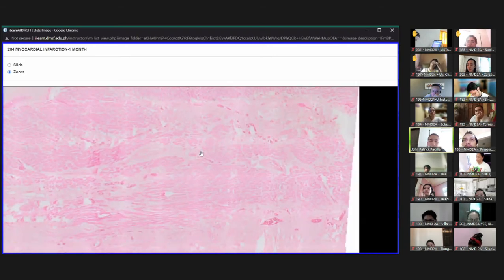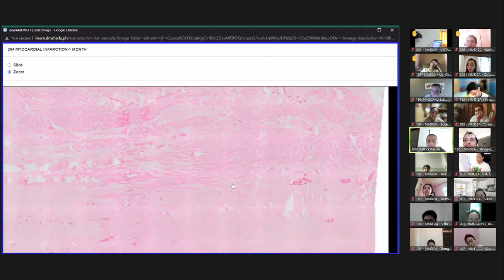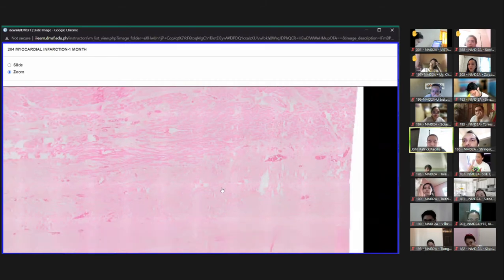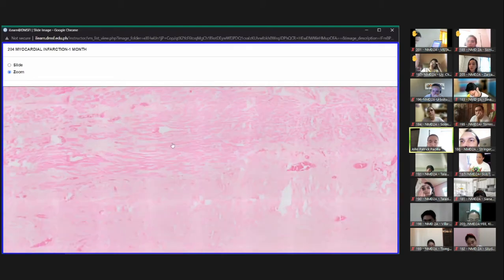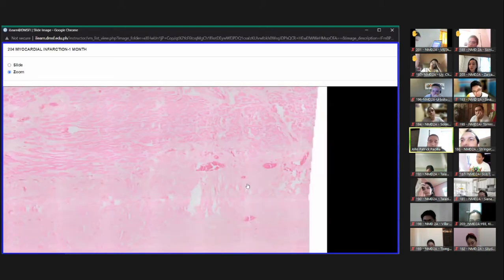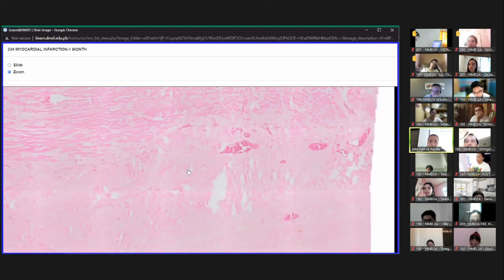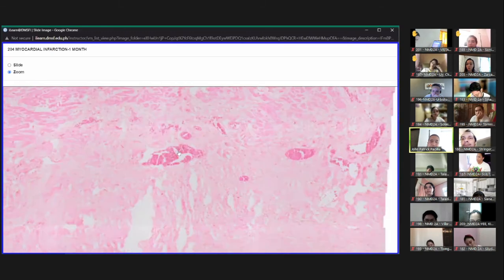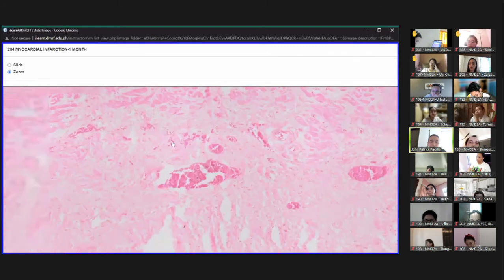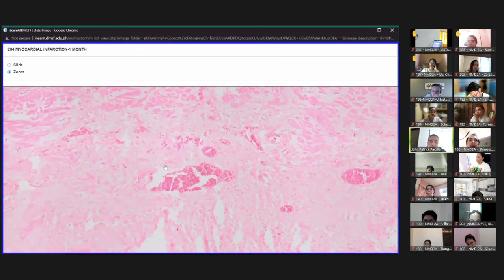So what are the features when we have MI 1 month after? Very prominent would be the presence of fibrosis. So you have here the presence of the myocytes, okay? But also you have here areas of fibrosis. You have granulation tissue formation still. There, you still have the presence of the blood vessel formation. You have the presence of mononuclear cell infiltrates, as well as the